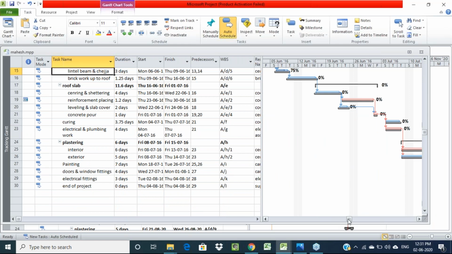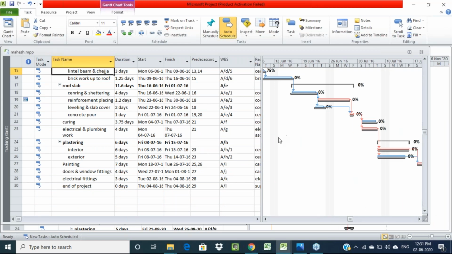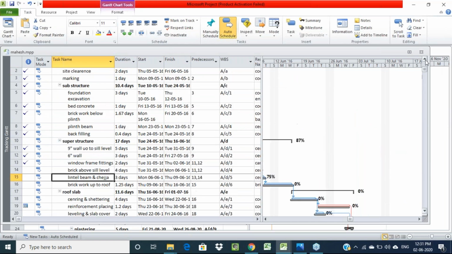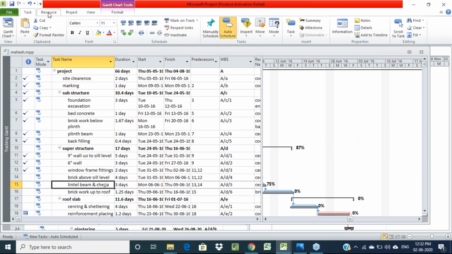So this is nothing but updating and tracking of the project. So majorly for this purpose we are going to use Microsoft Project for construction management, right? For the tracking of that work, right? Along with the scheduling and estimation. So here for all the activities, what is the cost we are using? That is also we can find out.